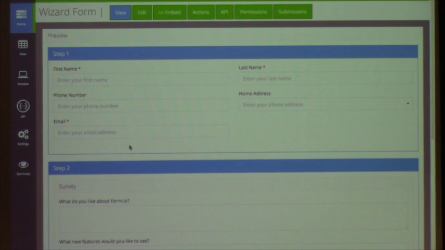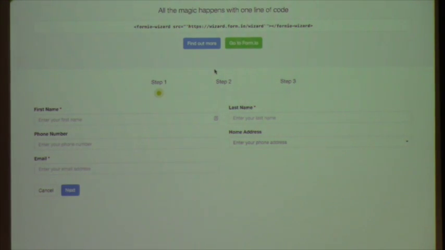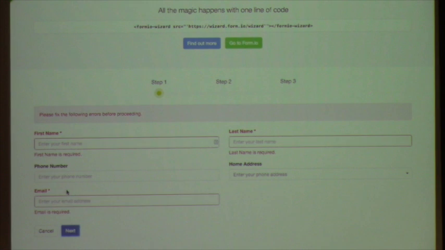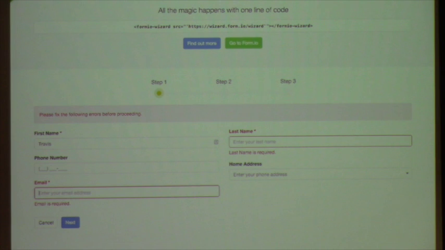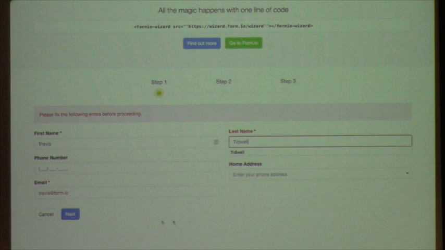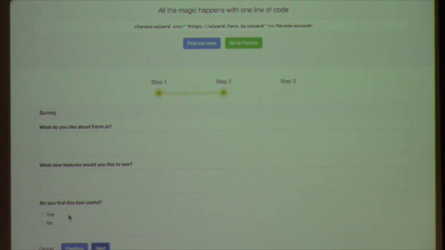So this form right here, I use panels on the root, and all the panels on the root represent what would be different forms within the wizard. And I wrote a custom directive that works just like form.io, but instead of saying form.io, you say form.io-wizard, and it turns that form into a wizard that also does inline validation, so I can't move on to the next step until I actually fill this out,